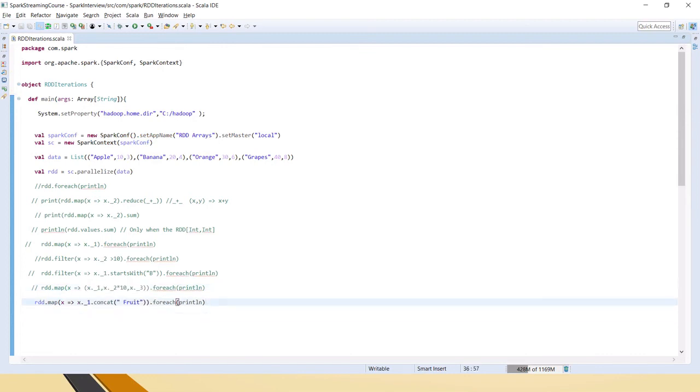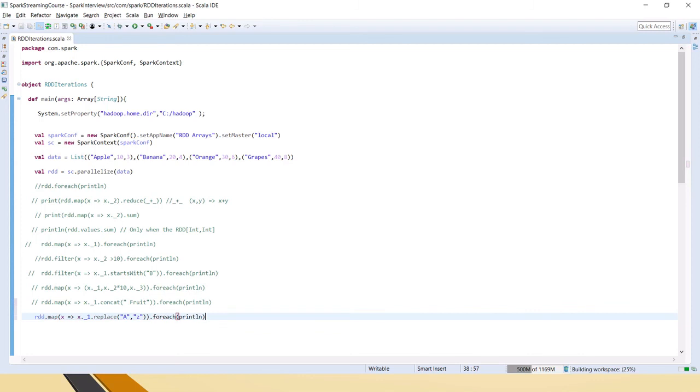Okay, so we have done concat. Now we will do replace as well. Dot map of x._1.replace, wherever capital A is there, change that to Z. Then foreach of println.